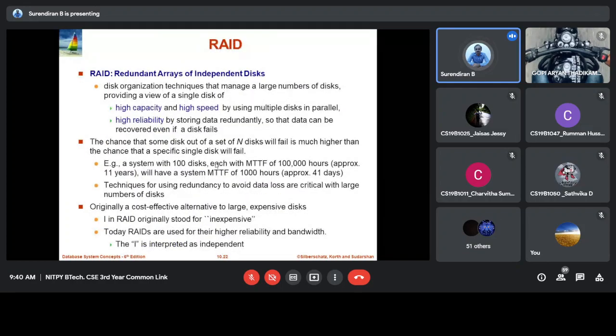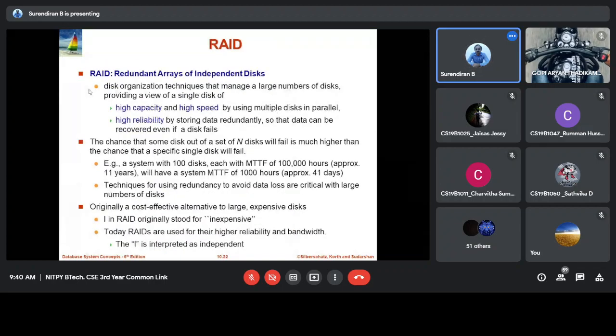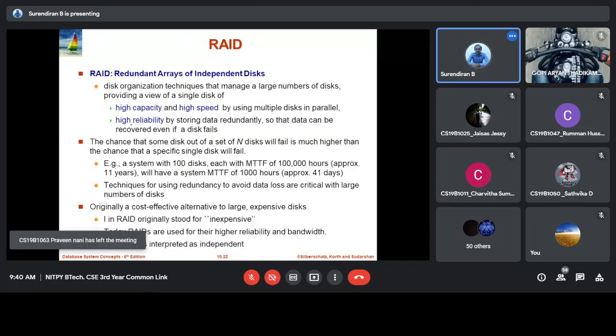And flash storage, RAID. RAID is an important technique used in a lot of places. Here they use a redundant array of independent disks. They use multiple disks in parallel to provide high capacity and high speed.